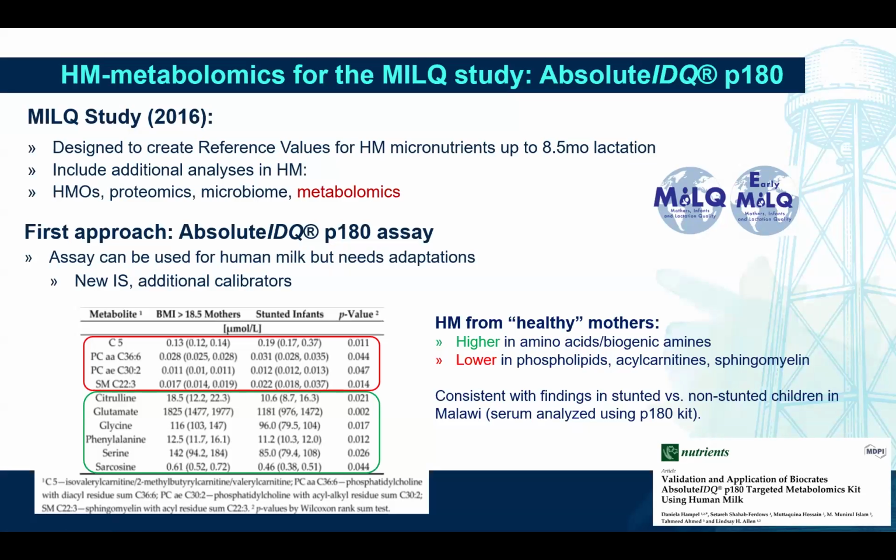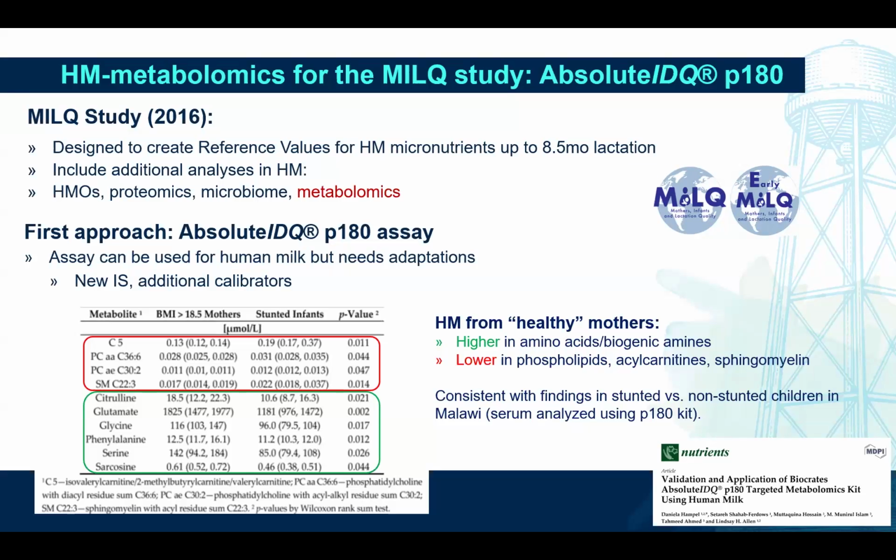And again, mostly we were interested in micronutrients, but since we're collecting that many samples in 4 different countries, we also wanted to include additional analyses. So we collected other matrices as well. We have blood samples, stool, urine, anything we could think of. And of course, we wanted to include other analyses than just micronutrients. One of them was metabolomics, starting basically from, hey, we want to analyze amino acids. And then if you go down that road, you end up with targeted metabolomics, which made a lot of sense to us. So we approached Biocrates